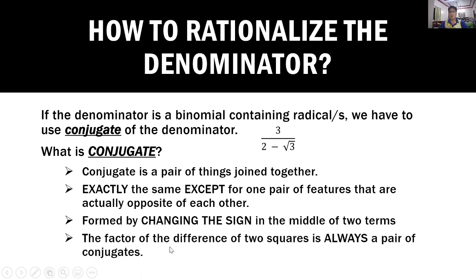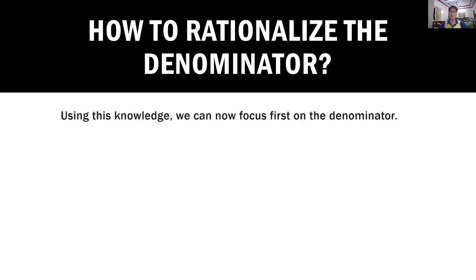Ang isang halimbawa nito, the factor of the difference of two squares is always a pair of conjugates. Halimbawa, a squared minus b squared. Dalawang square siya, tapos minus siya. Difference of two squares nga. Ang factors niya, kung babalikan nyo, a plus b times a minus b. So, a plus b yung isang grupo, yung kabilang grupo, a minus b. Magkamuka, magkaiba lang yung nasa gitnang sign. Alin ang papalitan? Yung nasa gitnang sign lang. Okay? Now,